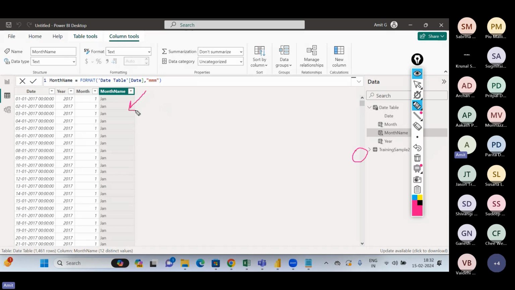That's why they're coming alphabetically sorted. So can I say wherever the month Jan is coming, the number will be 1. Wherever the Feb would be coming, the number will be 2. So when you click on the month name,